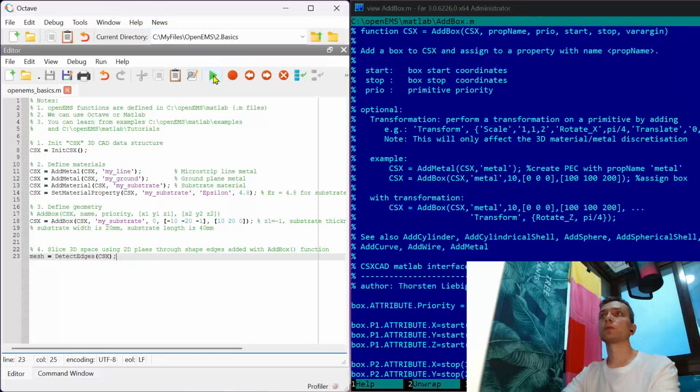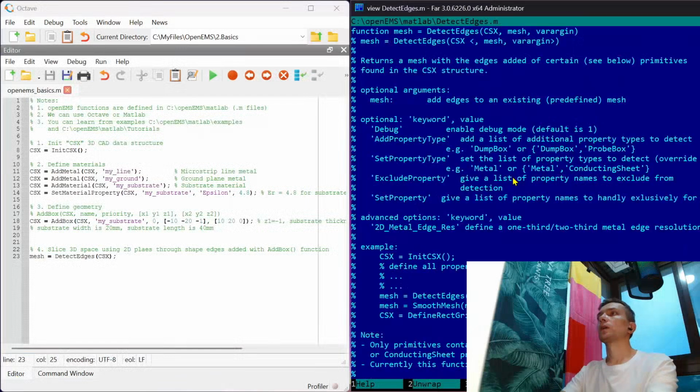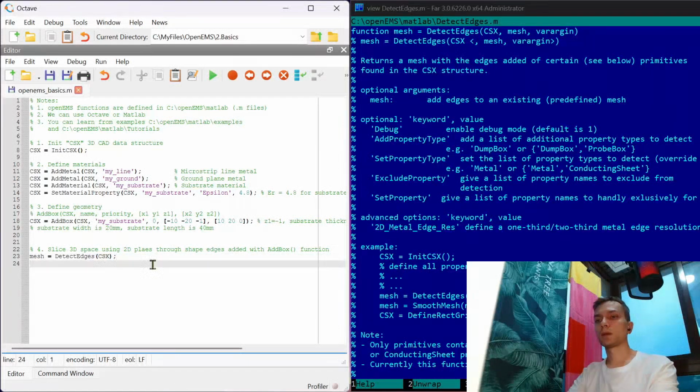We will try to run it. We don't have any errors now. And the detect edges function is described here. You can see we used the simplest syntax. What's next? Detect edges, sliced,